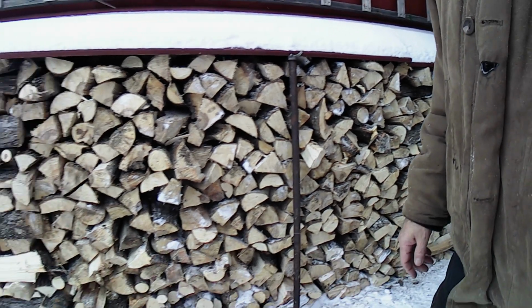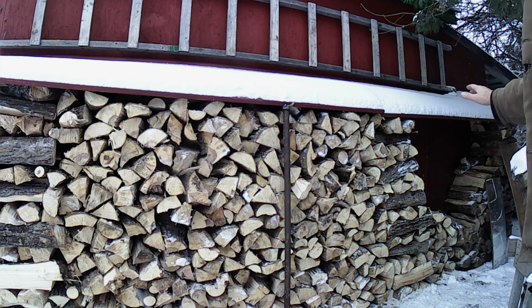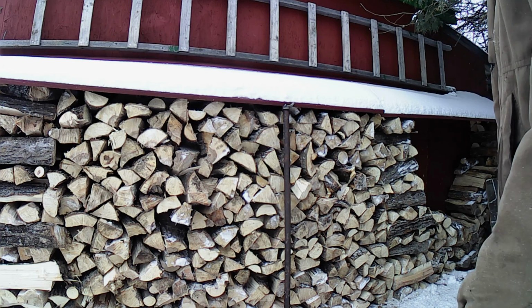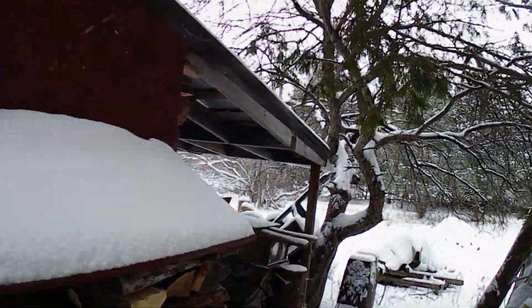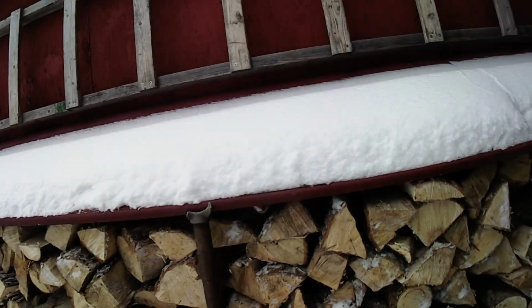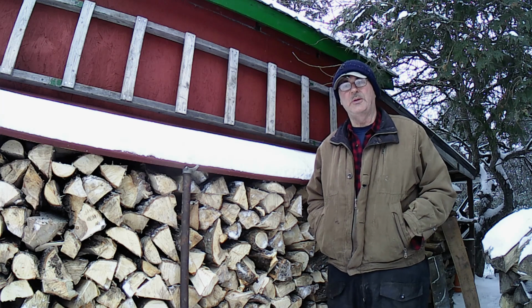That's one tree. This year I had 2 face cords here. I've burnt almost all of it. I had 4 out back, so I've burnt around 5 face cords because I've got quite a bit in the garage. And in this lean-to here, this is full. There's 6 face cords in here. So all in all, if I burn all the wood that I had ready this year, it'll be 12 face cords,